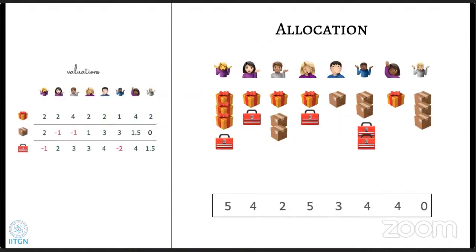So just following up on what Rohit was pointing out, somebody could say that if you give me 1 gift box and 1 parcel box, my valuation for it is not 4, but rather it is 3, because somehow when I get them together, I'm not as happy as when I get them individually. So you could say that, but then to be able to describe that, you would actually have to give me a number, so in the valuation matrix, the number of rows that I have will increase. And in this example, for instance, it will become 8,